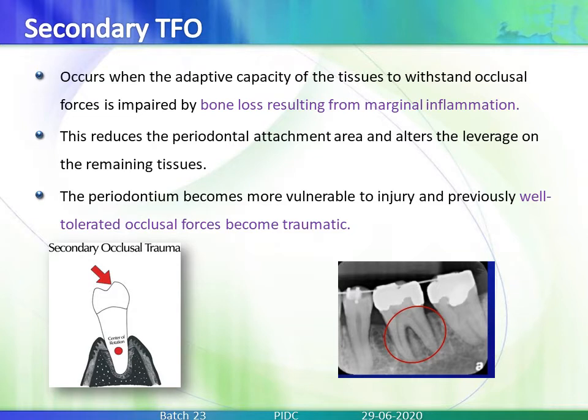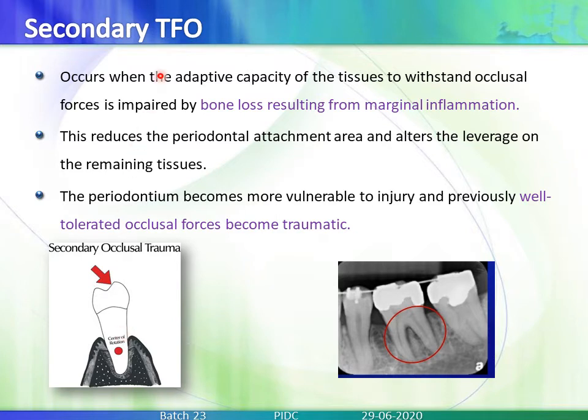So here, not like the earlier picture, you can see that the amount of bone on both sides has been reduced. So this tooth has already been affected by some amount of periodontal disease, and over this, if there is going to be some amount of occlusal force, just imagine the brunt of force that this tooth would